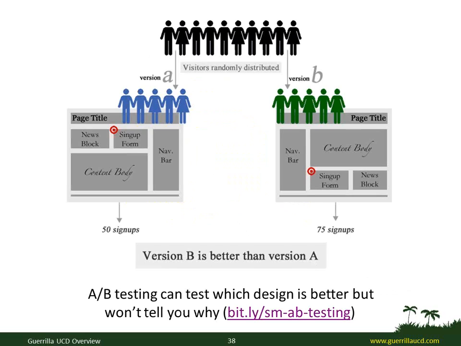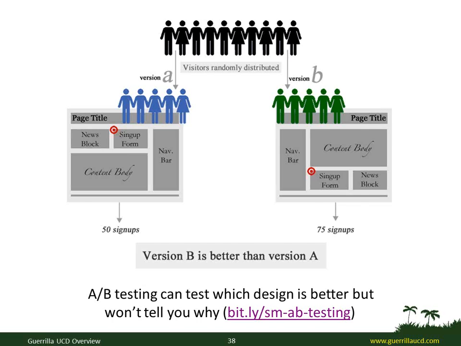And also A/B and multivariate testing. This is from a nice article at Smashing Magazine that I give a link to at the bottom, showing that version A of the page was tested with users on the left and version B with users on the right, and the version B page led to significantly more, 50% more sign-ups than version A, so version B is a clear winner there. And of course, the issue with A/B and multivariate testing is that it can tell you which design is best, but it can't tell you why that is. So we might still end up needing to use good old-fashioned usability testing or user testing